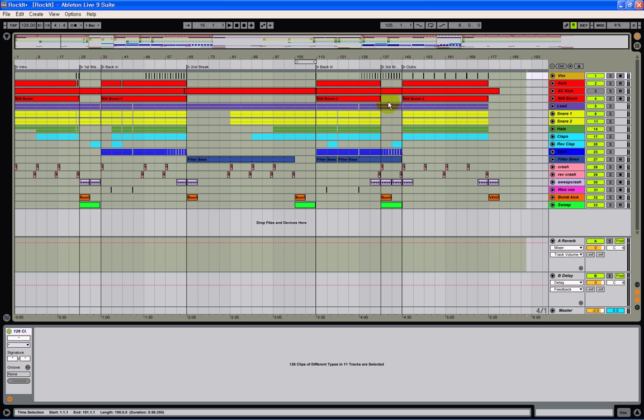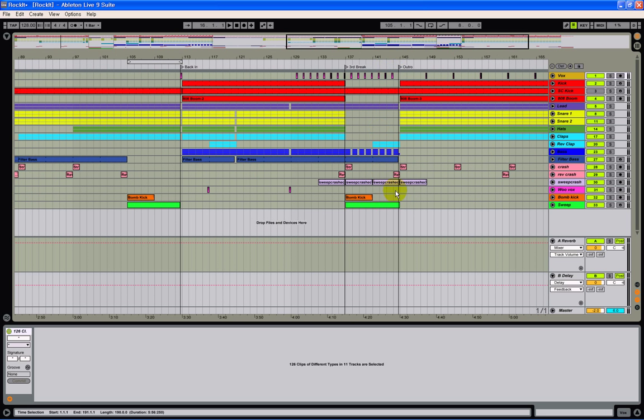But I have a third break in here, and the third break helps me set up the transition to the outro, because I got a lot of noises going on here, and I don't want to take them out suddenly. I want to do it gradually, but I have noises in here which allows it to transition into